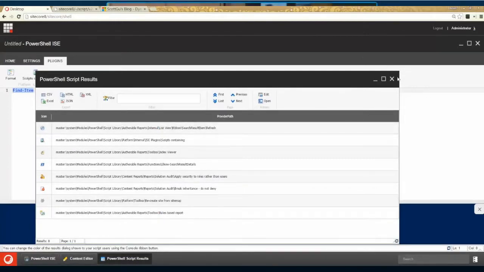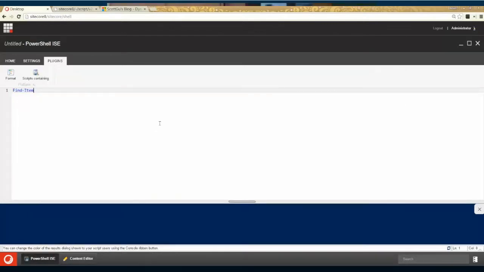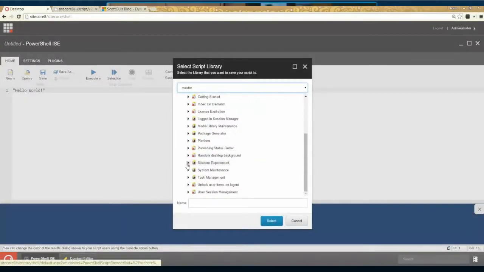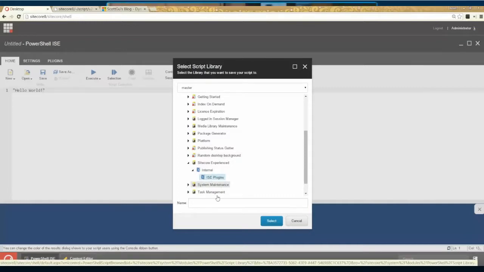So how does something like this show up in the ISE? It's basically very similar to the other integration points, and I'm going to just say hello world, and I'm going to save it into the integration. Okay. So in the Sitecore Experience module, in the module folder that I've created with the module, I'm going to say let's